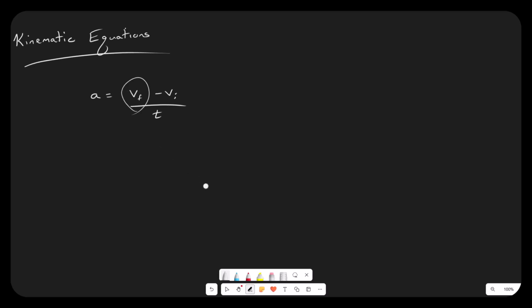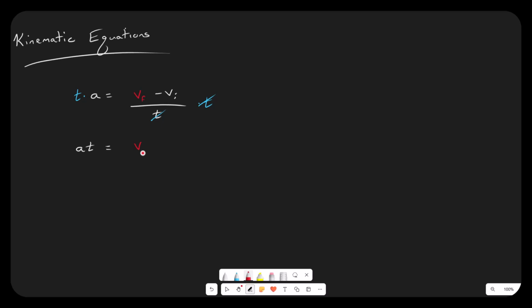Here's that final velocity. I'm going to have that be the variable I solve for. So first, I'm going to identify this as my unknown. I'll write it in red. And now I want to isolate for Vf. Right now Vf is being subtracted by something, it's being divided by something. I'm going to have to get rid of that t first. What I do to one side of the equation, I have to do to the other. So now my left side says acceleration times time. I know it said t times a